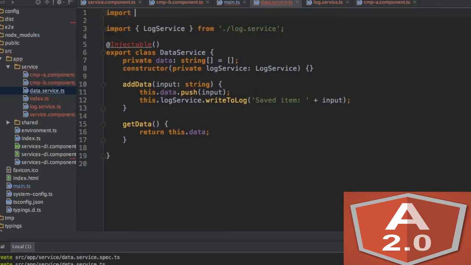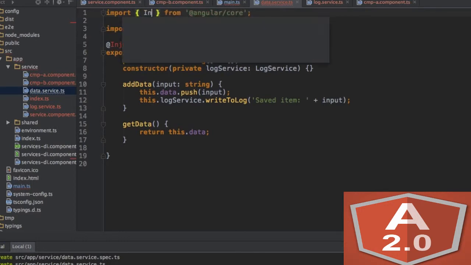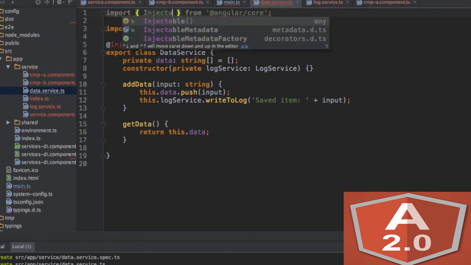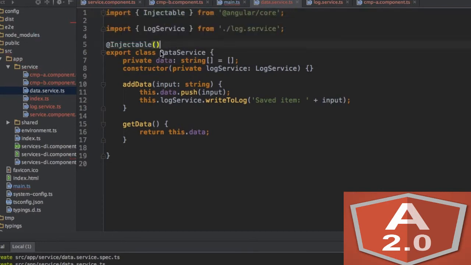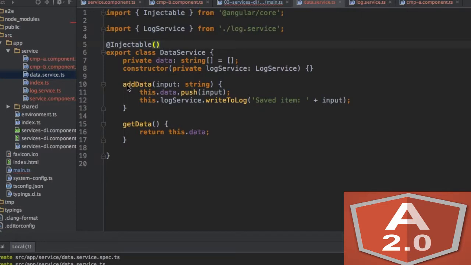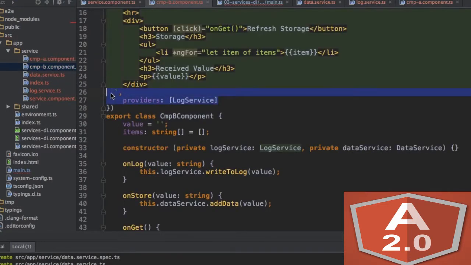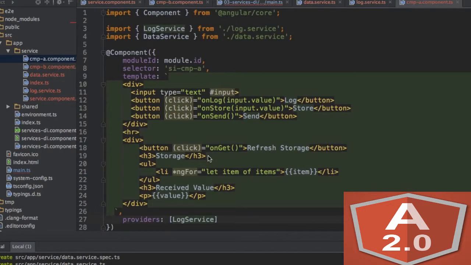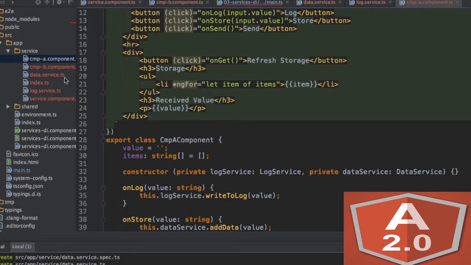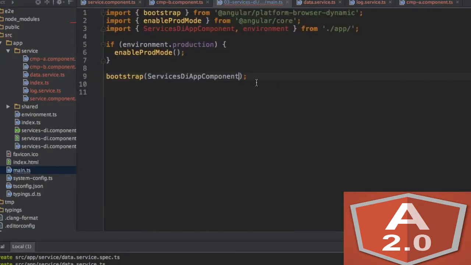So I'll add the import here from Angular core, Injectable, not Inject, Injectable. Now I'm at the point where I need this log service on the root level, so I will remove it from my individual components here. Also remove the import, because I now need it to be available for every single piece of my application, for all classes. So I'll add it here, log service,